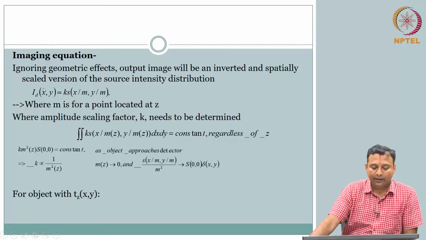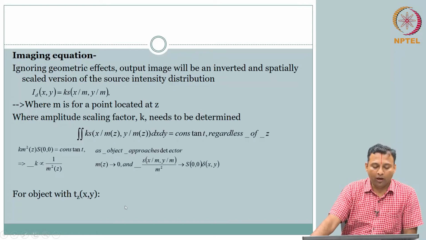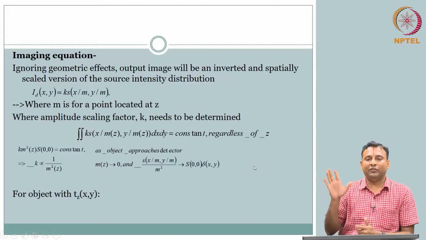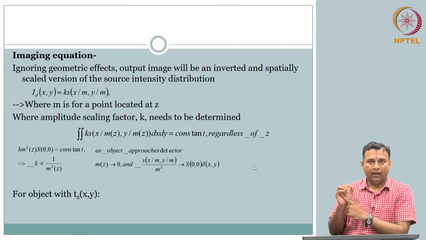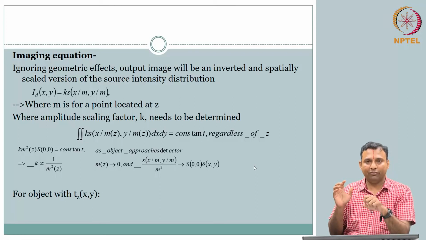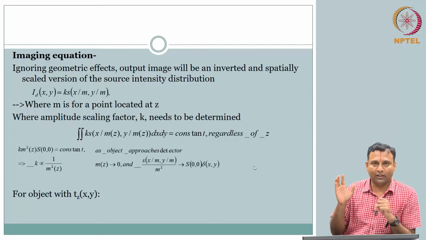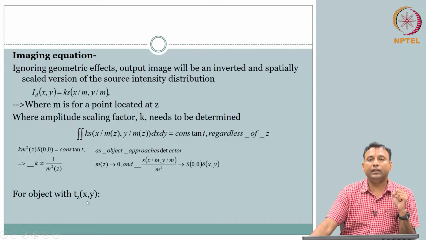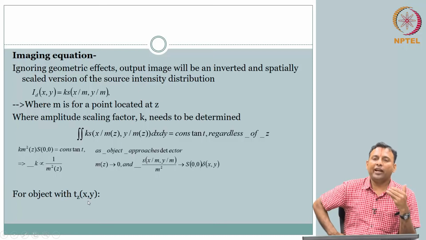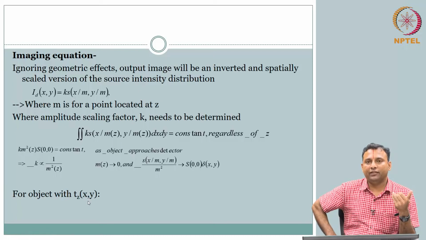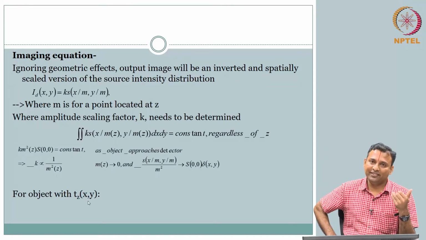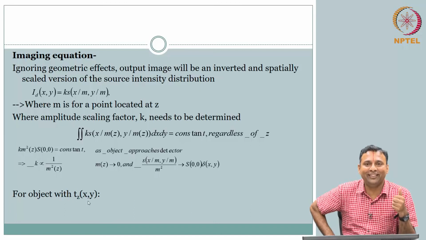If you get a k, what we will do is incorporate the extended source effect and other things for an object, because we really did not have an object, we had a point. What is an object? The easier object that we talked about is the idealized t z comma x comma y. So now again, the beauty of our simplification of the systems. What did we say? We said linear systems. What is the advantage of that?